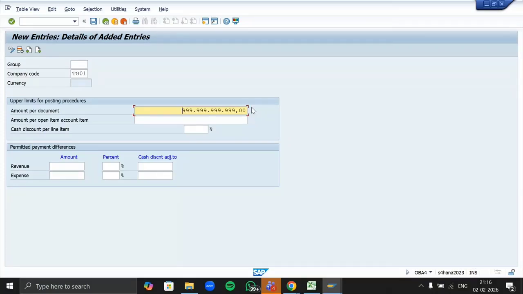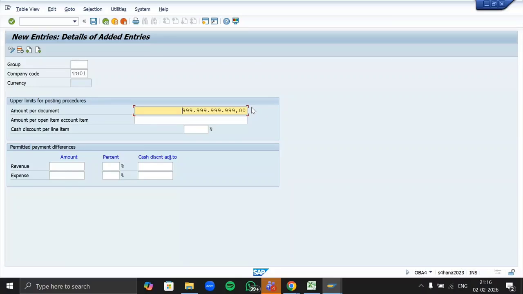Now amount per open item, account item means the limit for that checker person to post any open item. My maker limit is 10 lakh, but if the transaction is of 2 CR, I can input the data, I can't post it, I can park it.